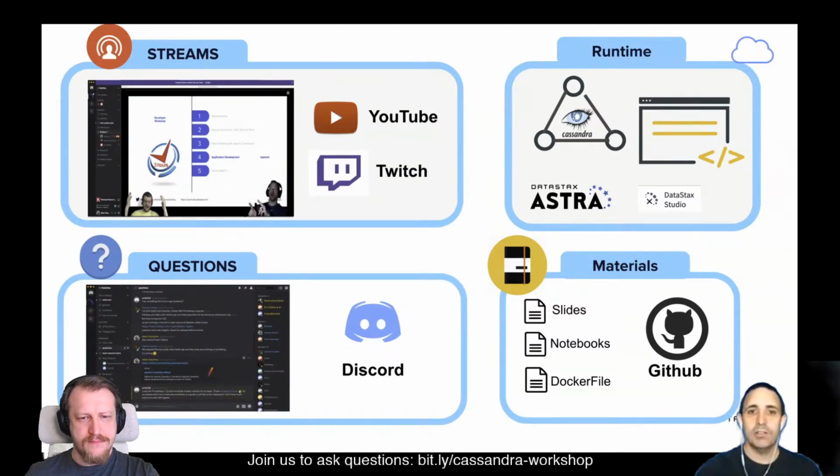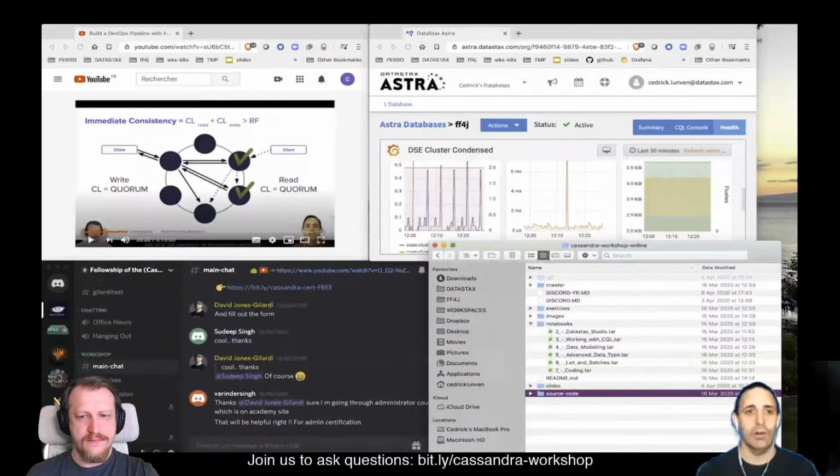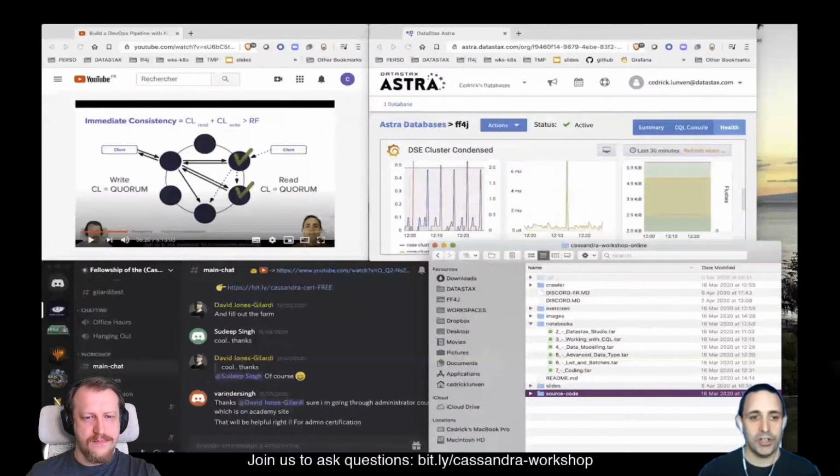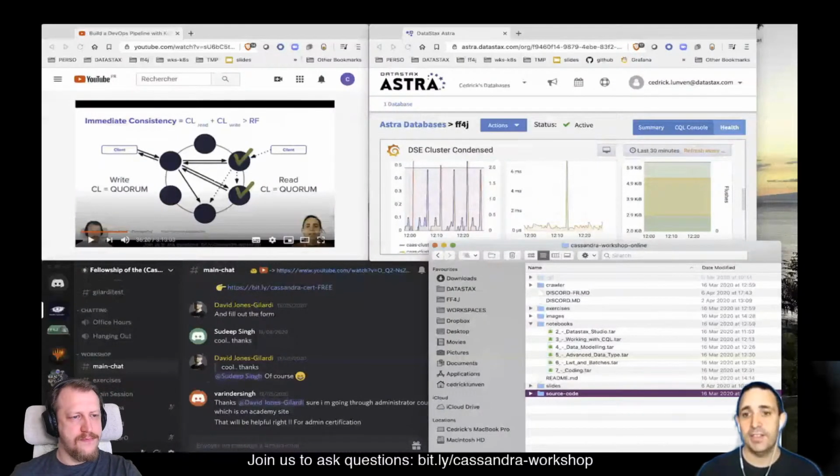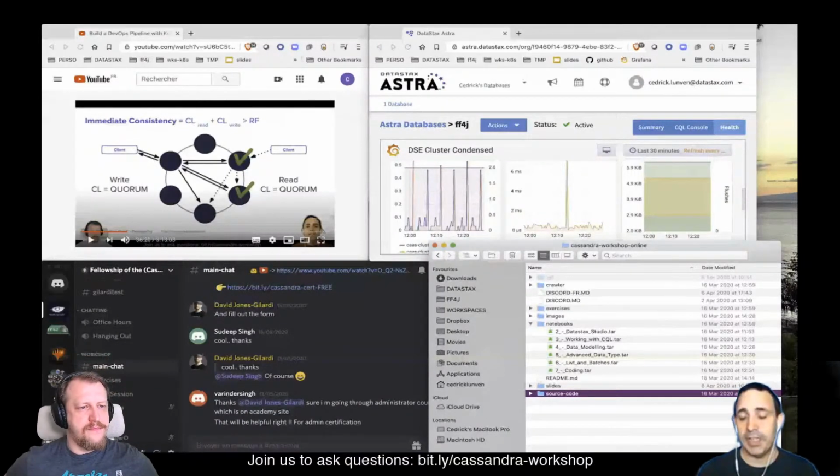And so just to show you, this is how I set up my own laptop to follow one of our workshops. I keep YouTube on the top left-hand corner. I do have my Astra instance. I do have Discord for reading questions and answers. And I do have my files, the files that we will download from GitHub in the very beginning.